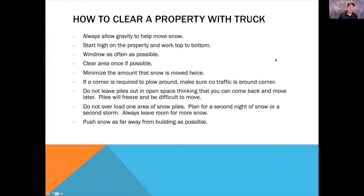Again, plow from high to low. Start high on the property and work to the bottom. Windrow as much as possible. Well, I'll show you what that looks like in a minute. Clear an area once if possible. It slows you down so much when you have to go back and move snow twice. If a corner is required to plow around,